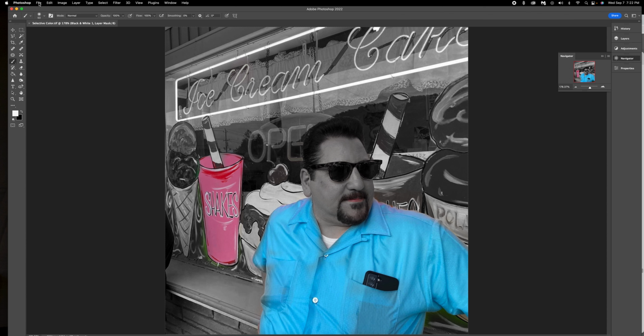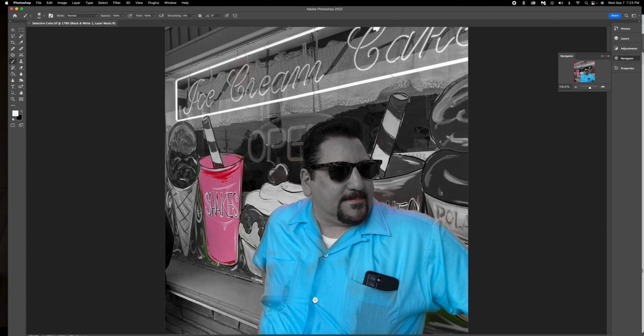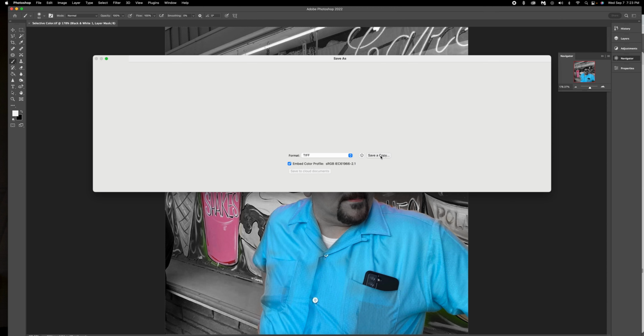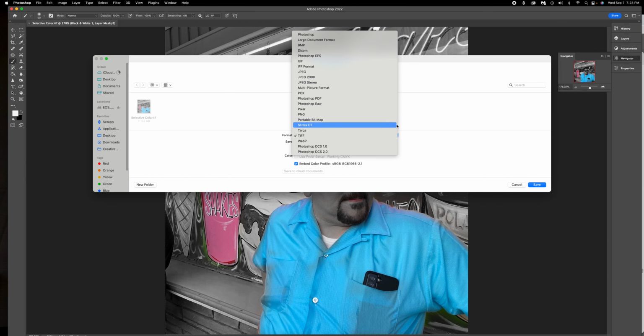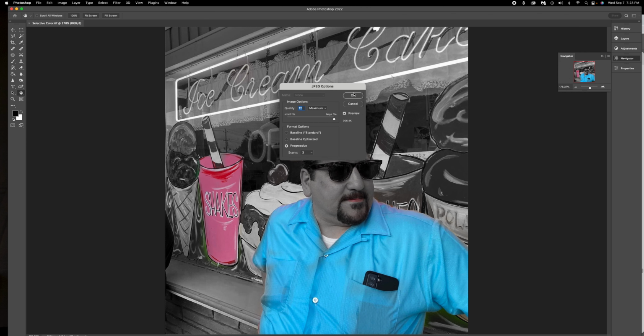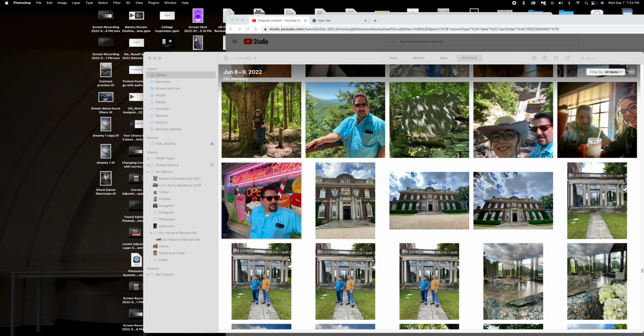Save it as a JPEG too. File, save as. I'm going to save it a second time onto my computer. This time I'm going to save it as a JPEG. Okay, there's no JPEG option there, so I'm going to go to Save As Copy, and I am going to find JPEG, not JPEG 2000, but JPEG, and I'm going to save it in the same folder. I don't need to change the name because it's a different format, so it's not going to save over my other one. This will flatten all of the layers out,